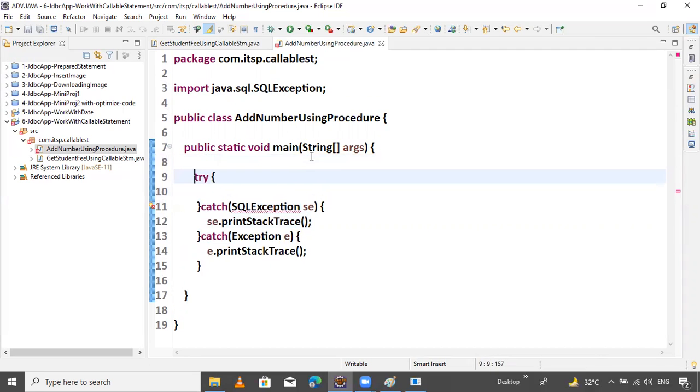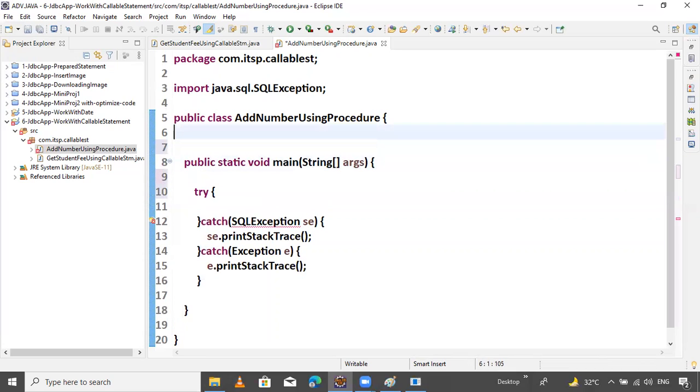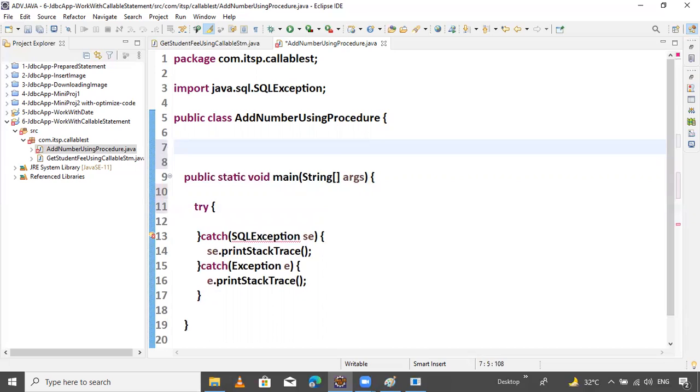Now here you can declare. First we can write the query, guys. We can write the query and variables. All these things we will declare outside of the try. First we will declare the query. I want to declare the query as a static query, used in the whole program. If you want to declare a static query, you should declare it outside of the static method. Why? Because the main method is a static method.